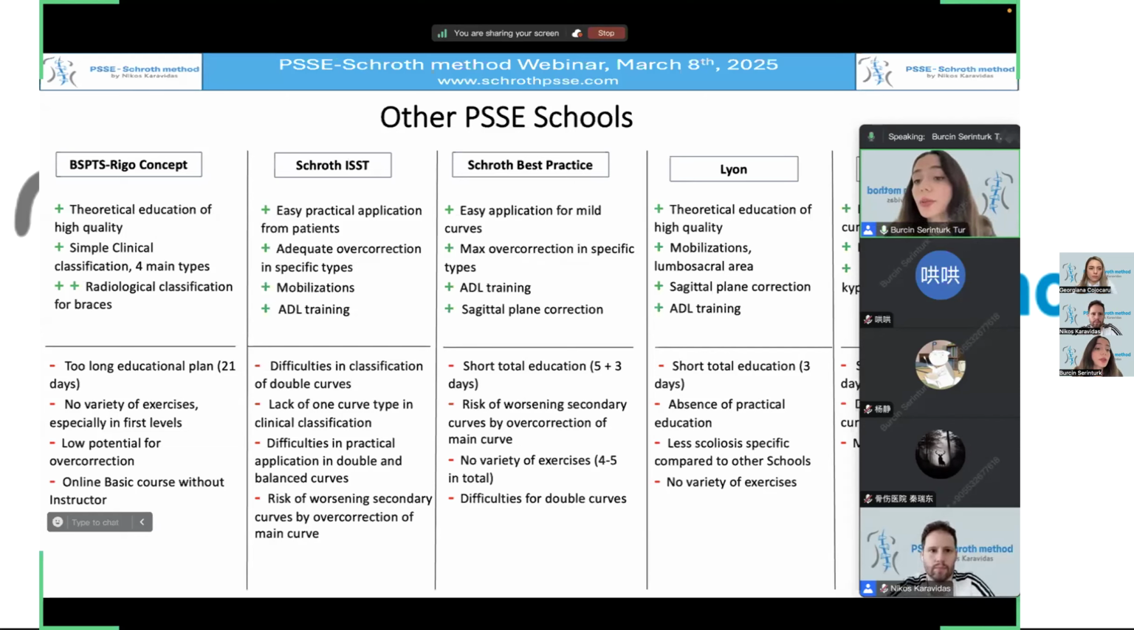Let's start with the BSPTS Rigo concept. They have high quality theoretical education, and they have a simple clinical classification. They have 4 main types, and they have a really nice radiological classification for the braces. When we check the potential limitations, they have a too long educational plan, no variety of exercises, and low potential